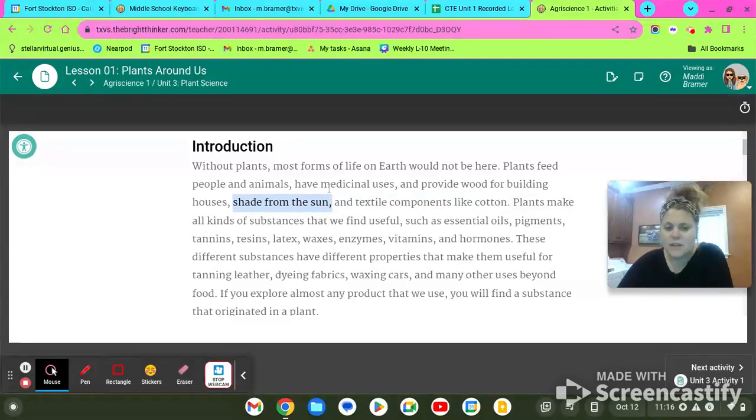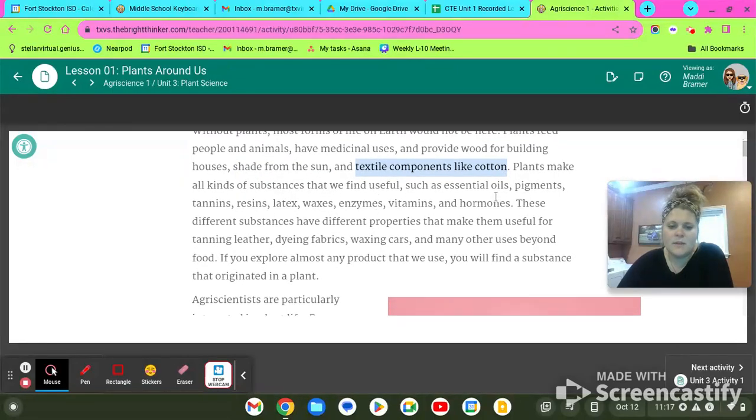Shade from the sun. Okay, this is very important. This allows animals relief and people, and allows other smaller plants to live. Textile components, so that would be like cotton. So plants make all kinds of substances, it says. They even make essential oils, pigments, tannins, resins, latex, waxes, enzymes, vitamins, hormones, so many things that we're going to